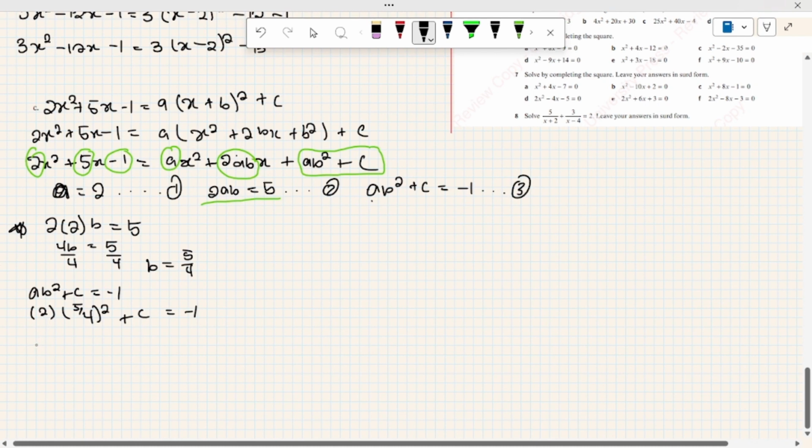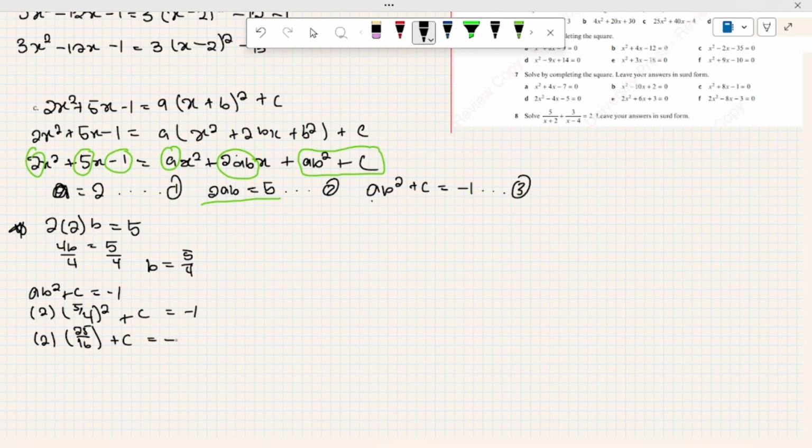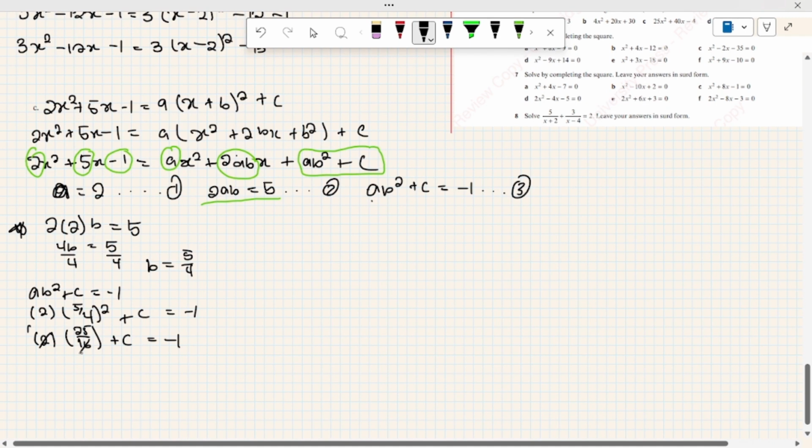So it's going to be 2, and then 25 over 16, because 4 squared is 16, 5 squared is 25, plus c is equal to minus 1. And then how are we going to go about that? This is going to be 1, and this is going to be